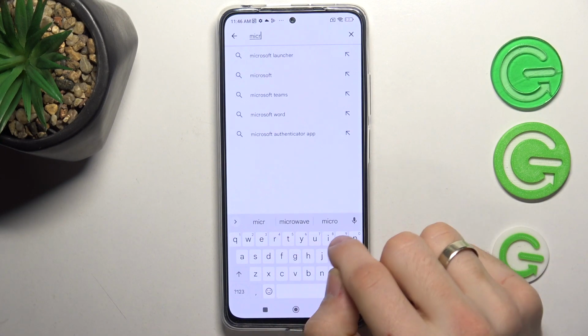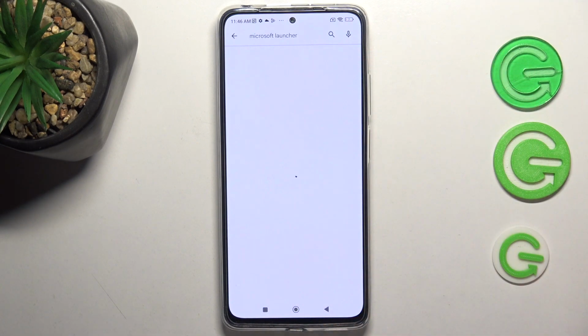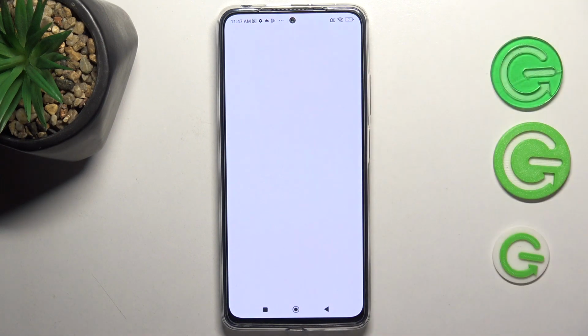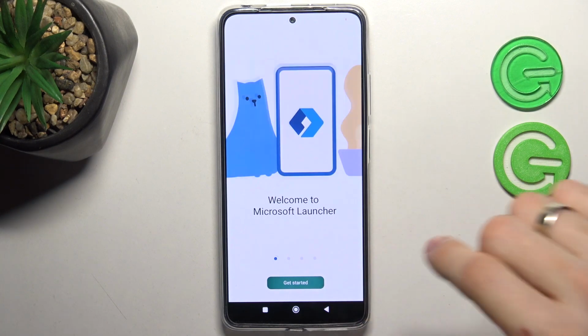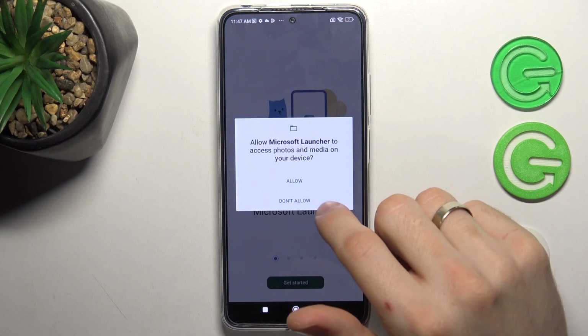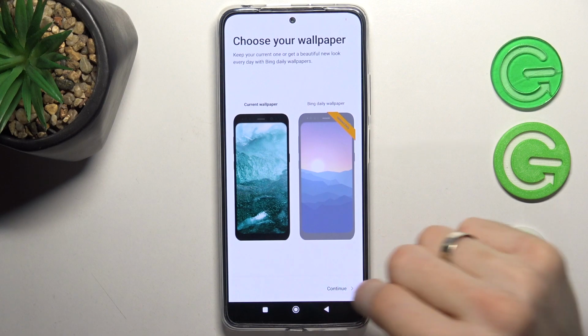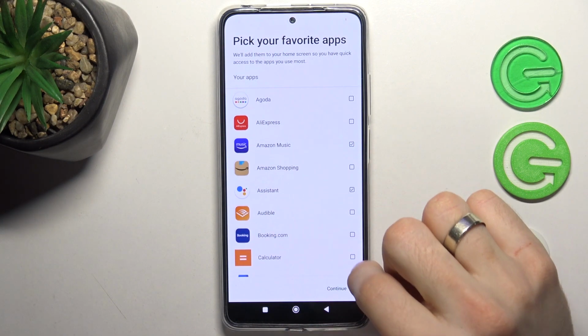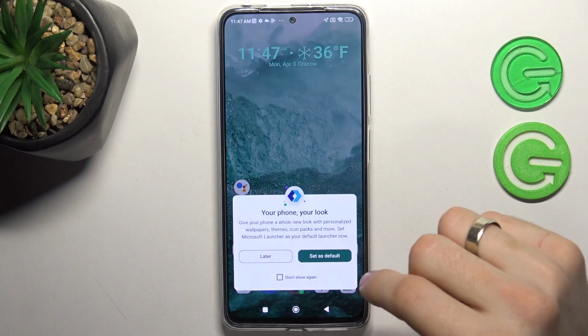Microsoft Launcher. Find it, click install and wait a while. Click open, click get started, while using the app, allow, continue, skip, okay, choose your favorite apps, click continue, let's go, and